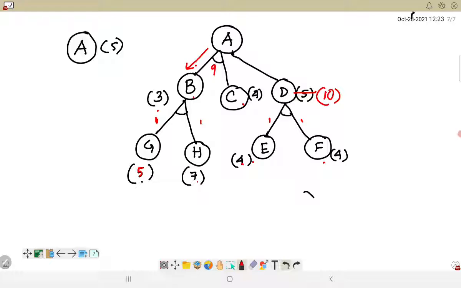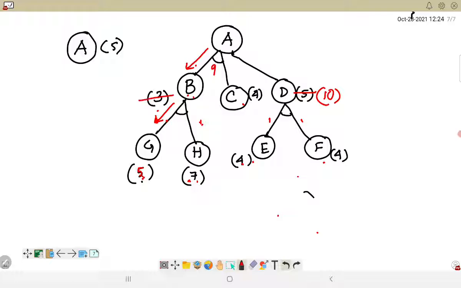And the next one is 7 plus 1, I am getting it as 8, right? So 6 and 8, so 6 will be chosen here, and the expansion would take place in this direction, right? The examination would take place in this direction. So after this is solved, 5 plus 1 is giving me 6, but it cannot give me 6 because it is an AND arc with H, right? So G and H, if we are evaluating this, it will give me 7 plus 5, which is 12, then 12 plus 1, 13, then 14.